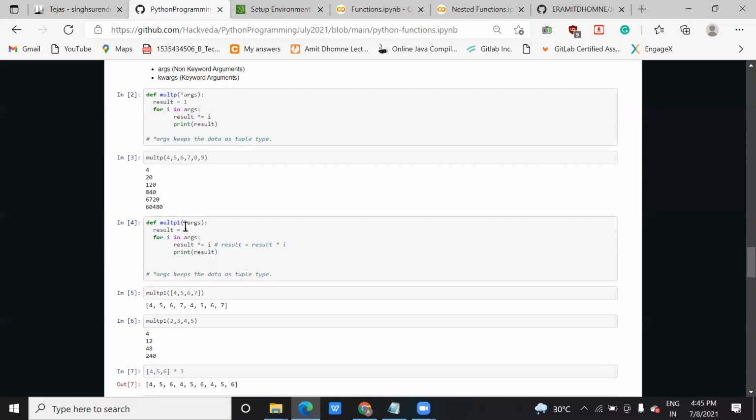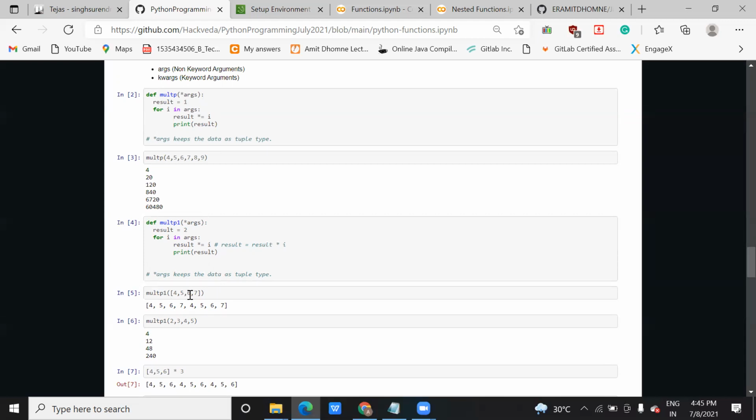Let me show you what that is. You can see here, inside this parenthesis I am taking a square bracket, right? This square bracket means that now I am passing a list to this argument, this variable. When I'm trying to print this two times, you can see the result is 2. So when you pass a list, the whole list will act as a single entity.